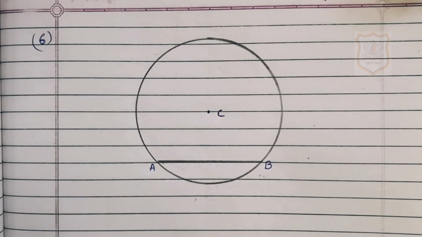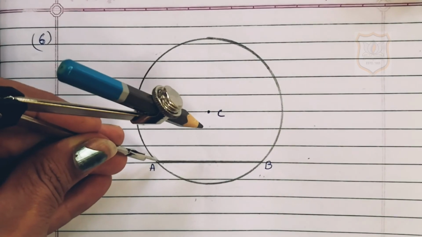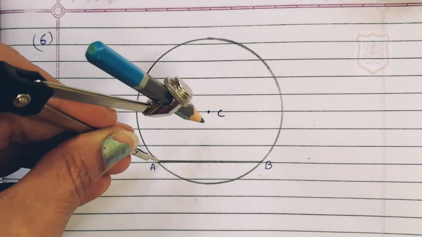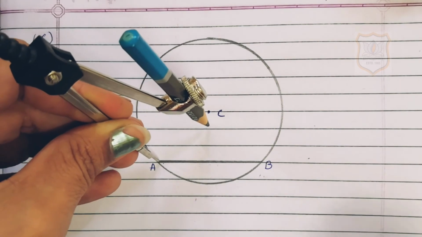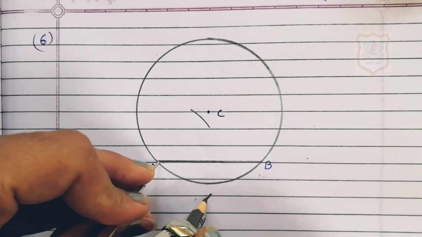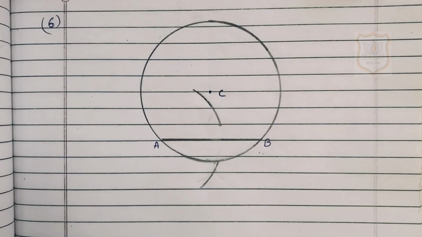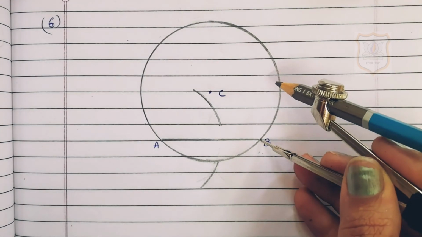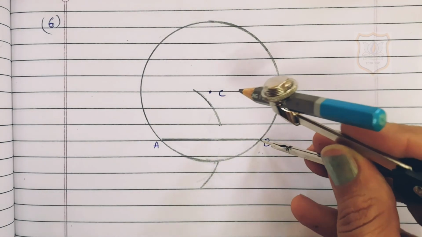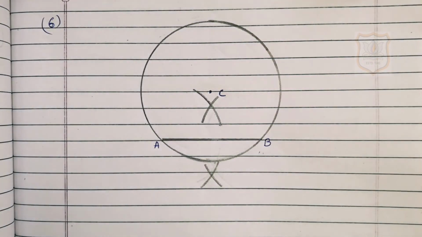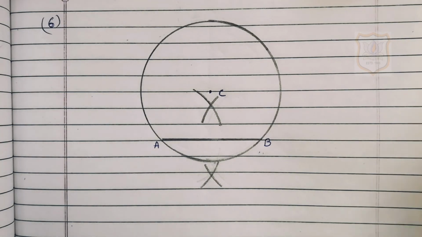So students, we are taking radius as 3 centimeter, and now with center A and radius more than half of length AB, we will draw two arcs, one on each side of AB. So we will draw one arc on this side and other arc on this side. Step 4, with the center B and same radius, we have to draw two more arcs to cut the previous arc. Now we will name it as M